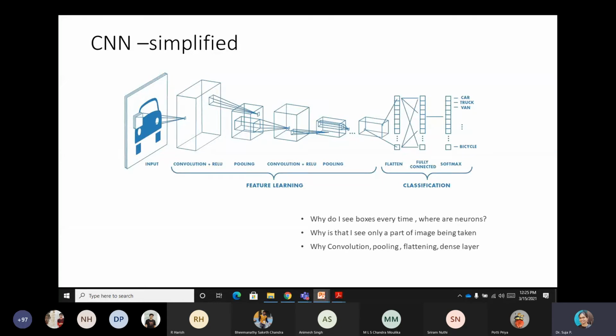It passes only the positive values. Any value above 0 will be taken and any value below 0 will not. So once you perform the convolution, if you immediately perform ReLU, it will suppress the negative values and take only the positive values.